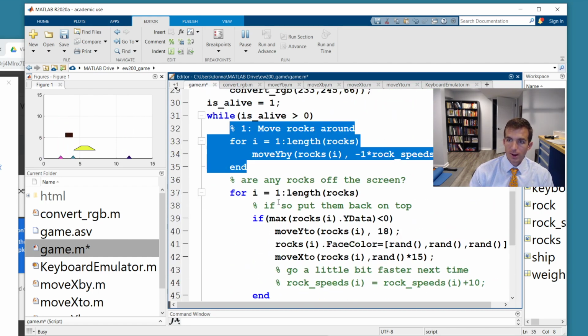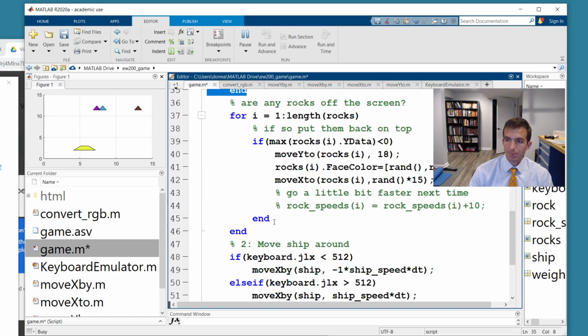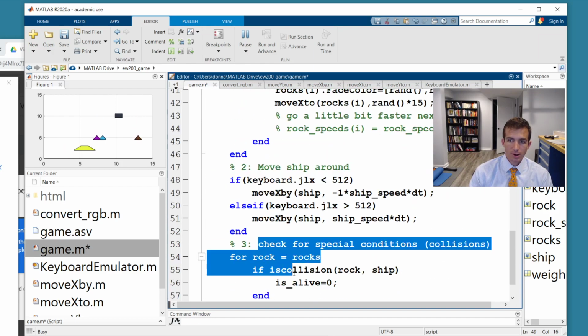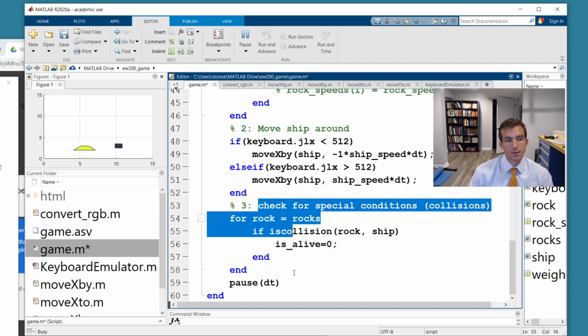I want to move the rocks around. Any of them off the screen? Sure. Put them back on top. Good. Move the ship around. Did anybody hit each other? Good. See how nice that is? Maybe it's not exactly like reading the latest thriller, but it should read in a certain manner of speaking, right? Things like,